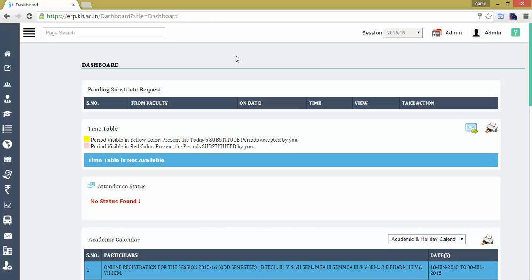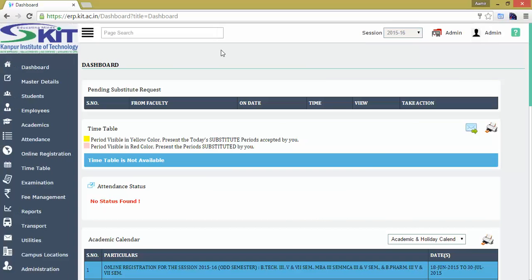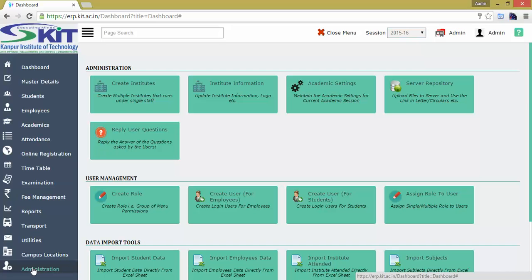So I am discussing the academic settings which may need to be maintained from time to time over the academic session of the institute. So let's see where the academic setting is. You have to navigate to the administration menu, click on it, and you will find a number of menus.